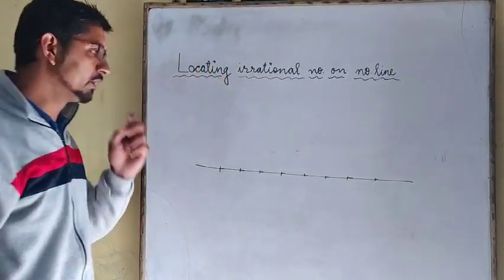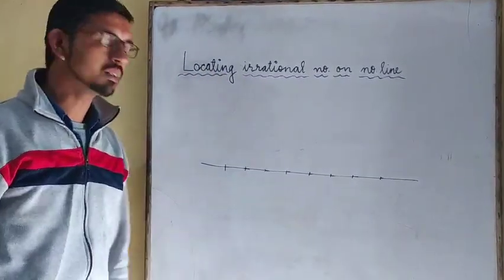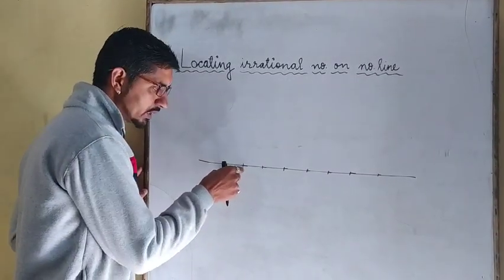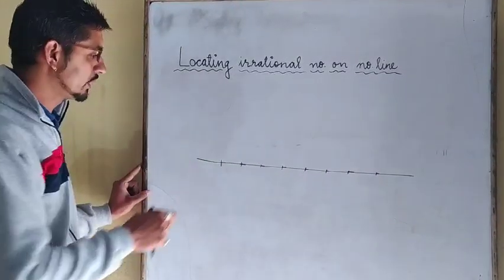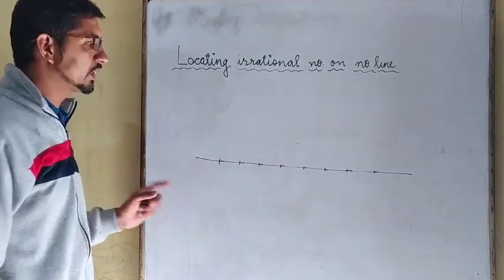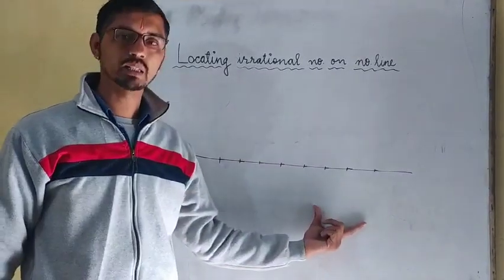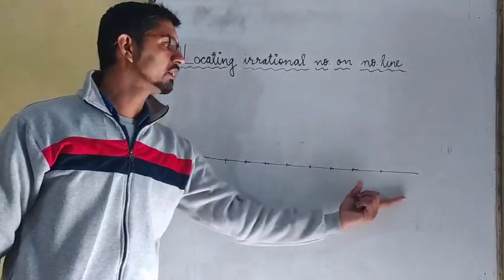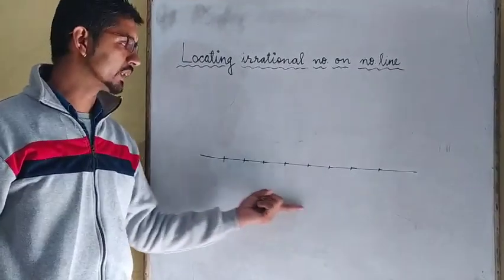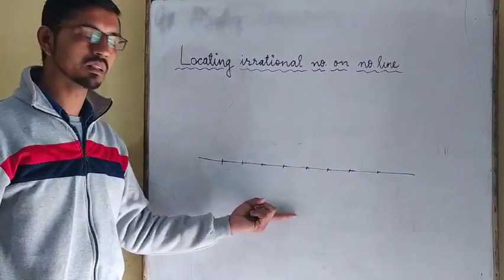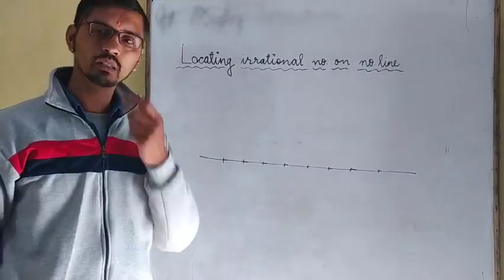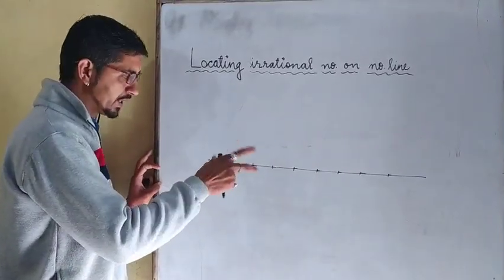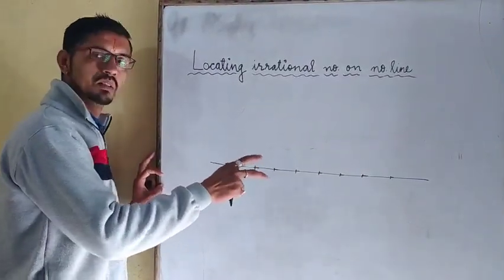After that, what you will do? You will prepare a number line on the basis of that, and from this point to this point it will be known as 1 unit. What will this be called? 1 unit. Or you can make it with the help of a scale, and a unit should be equal. You can take a centimeter or you can take an inch as well. Okay? I am here preparing it with the help of a compass.